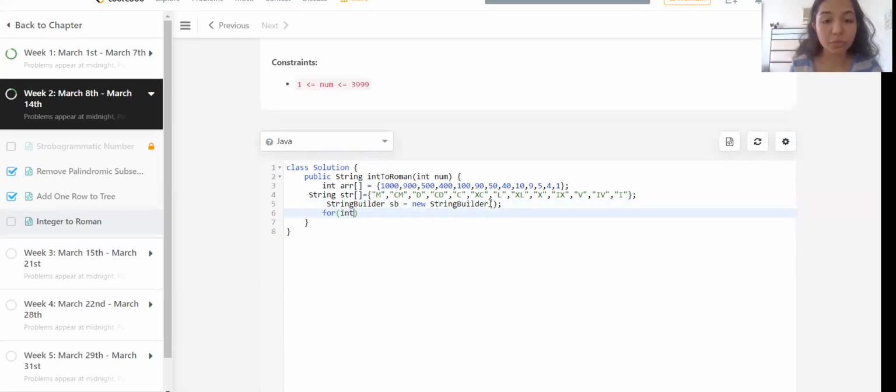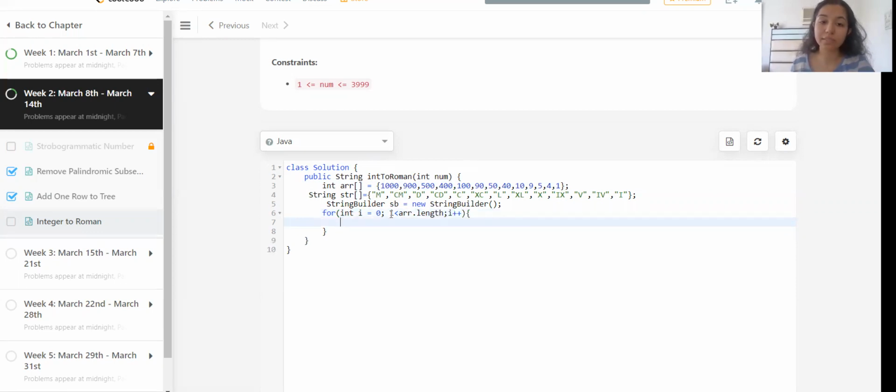Now we'll iterate through the whole array which has all the numbers that represent the string array. We start from the 0th position and run it till arr.length, and we'll do i++.